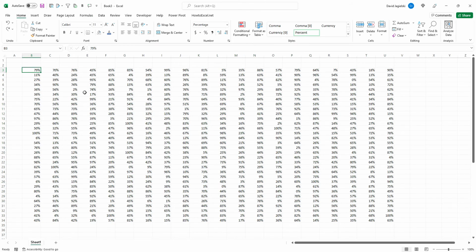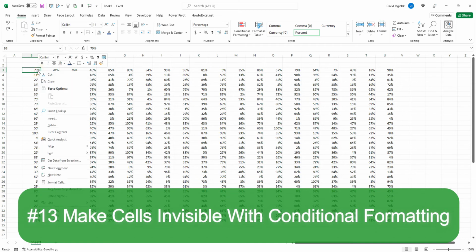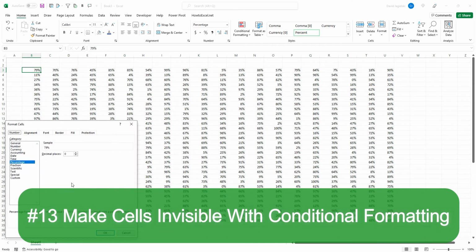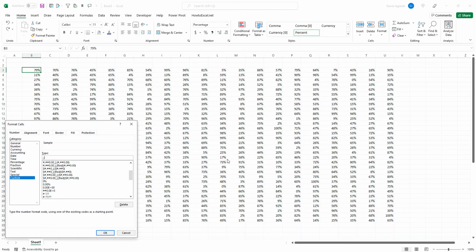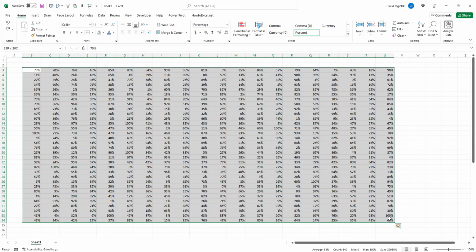Here I'm going to show you how you can make text or values look invisible. So right now I've got a huge data set. Let's say I want to hide this one. I can format cells, and under Custom, I'm just going to use 3 semicolons as the type. Now it shows up as blank regardless of the background color. This is beneficial if you're using a huge data set like this and you don't want to be looking at